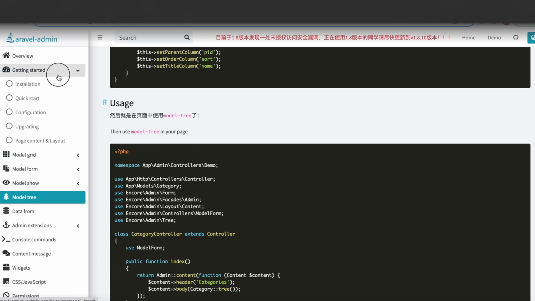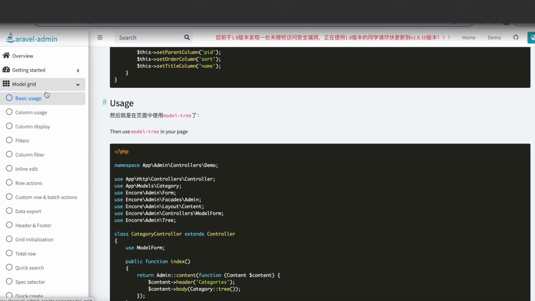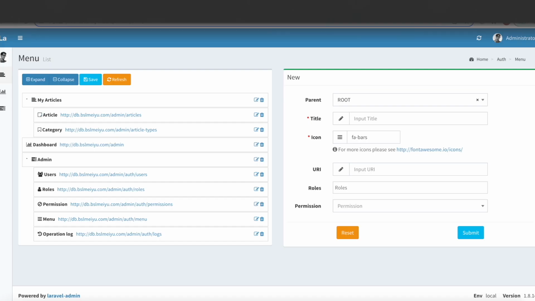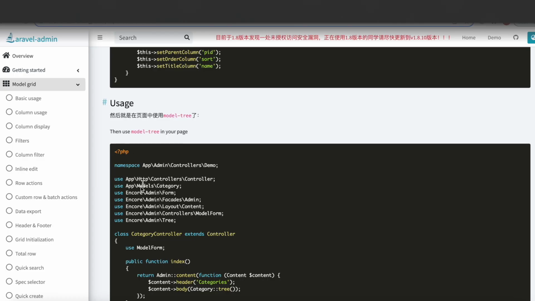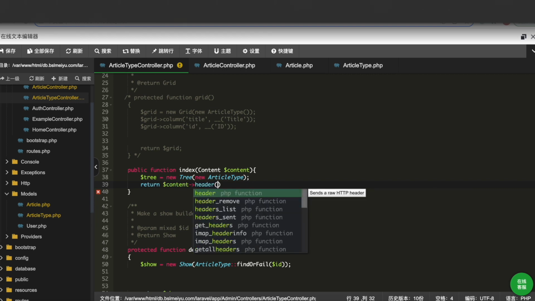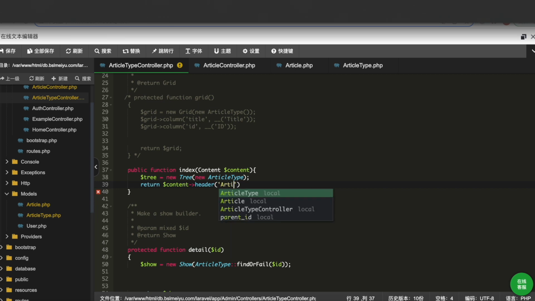There's tons of information over here. Actually, every piece of information is here. It depends how you grasp them. Like I wrote model grid, which we saw early, this method, everything is here. So you can go through them step by step, and it's pretty useful. Anyway, so now we are done. We created a tree object using our model. Now we need to return it. If we want to return it, we need to use this object which is called content. Now it has a method called header, so we'll set the header over here, and we'll call it article